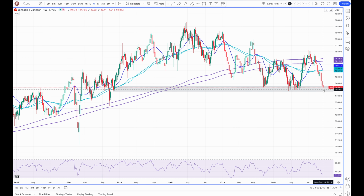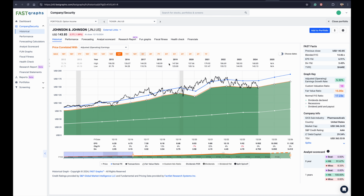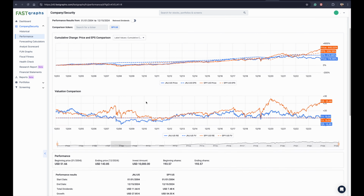Now it can go lower, it's very possible it could go lower, who knows. All I know is right now, based on fundamentals, back to the fast graph, this stock is fairly to slightly undervalued for a high quality company, with almost a 7% earnings yield, nice 3.45% dividend yield that grows year in and year out. And the most recent increase was